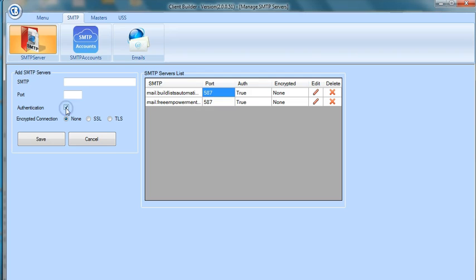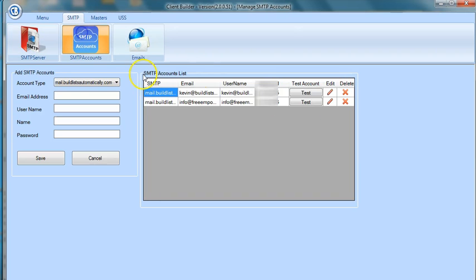Always select authentication. That means that the system has to use a password in order to send the email. And then encrypted is defaulted to none. You click Save, and then it'll display here. If you ever needed to edit it, you could just click Edit or delete it. Over at the SMTP accounts here,